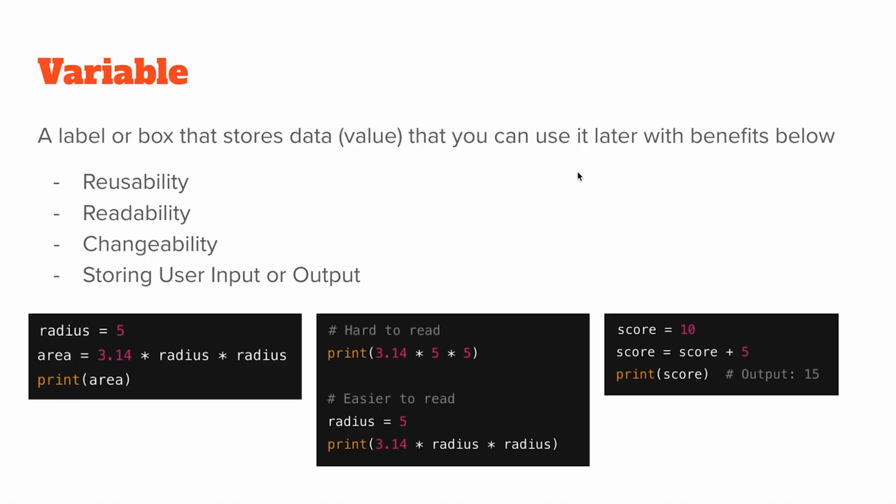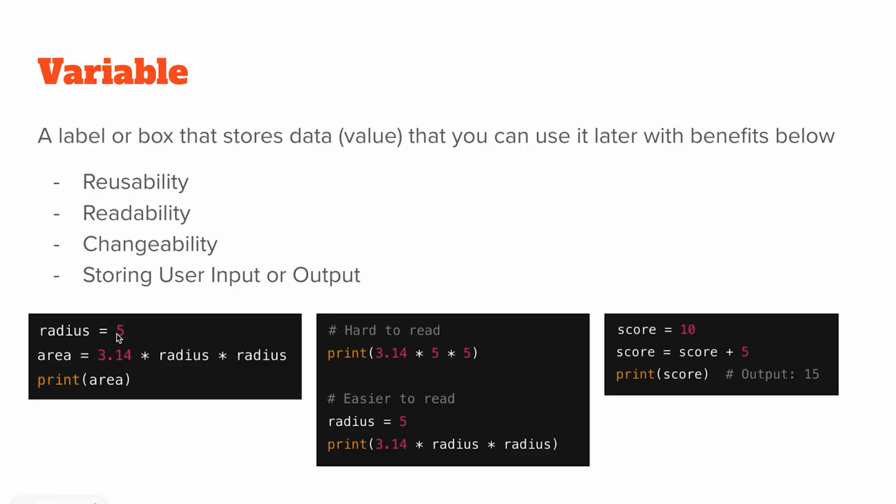Variables, as I mentioned before, are a label or a box that stores a data value that you can use later. So a variable is reusable, readable, and changeable, and it can store your user input or output. So for example, here,